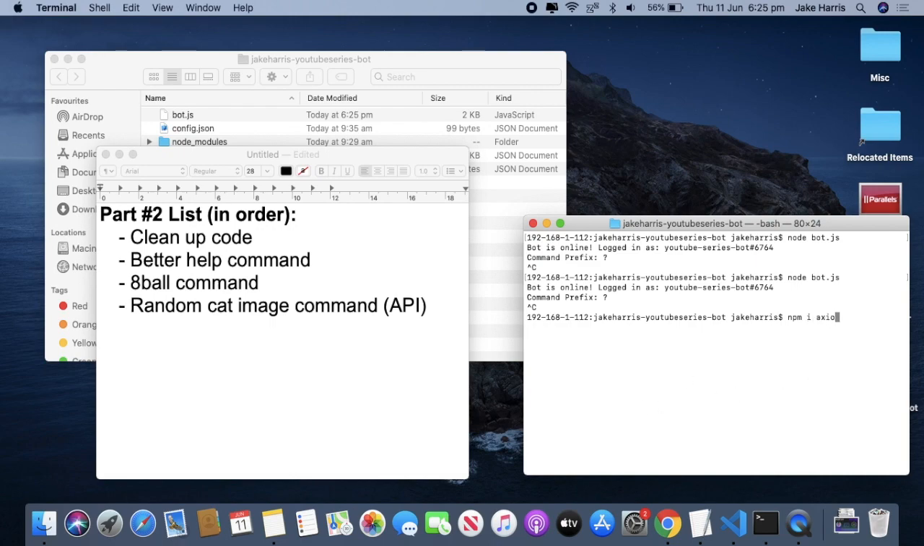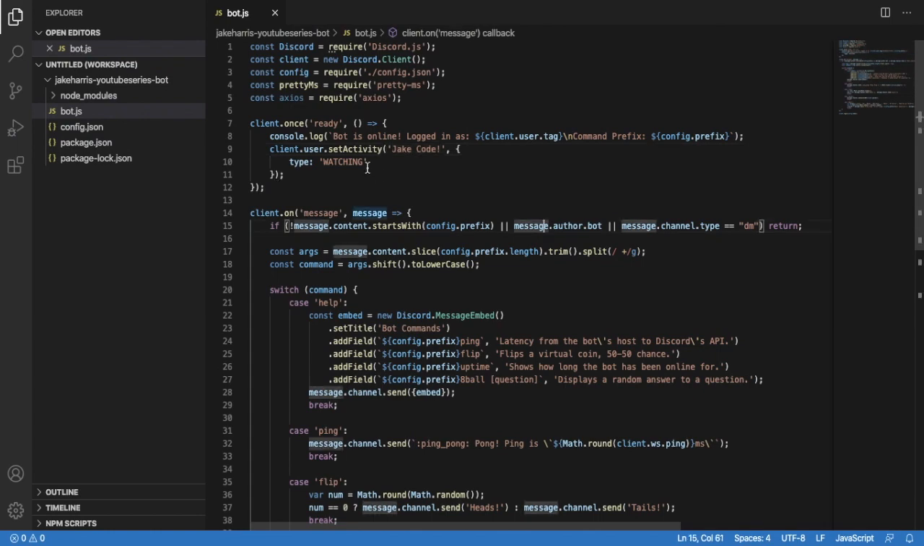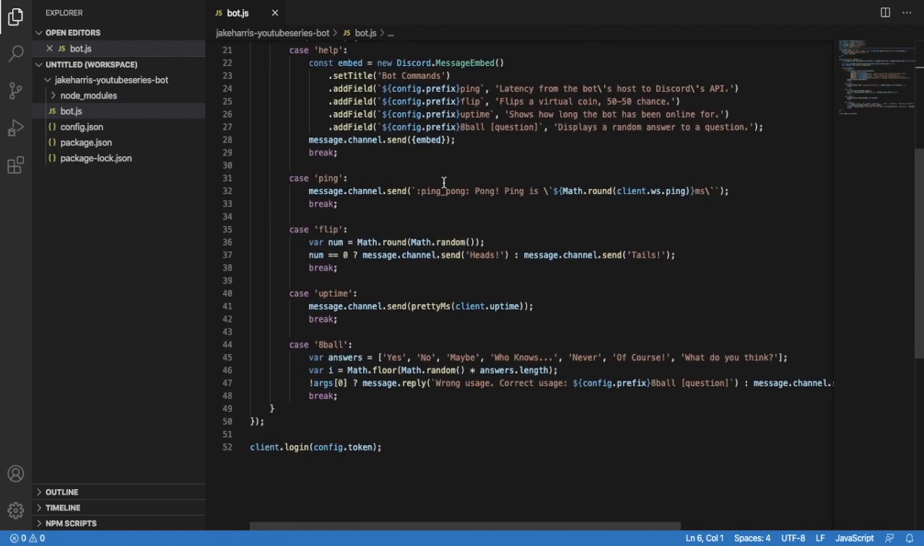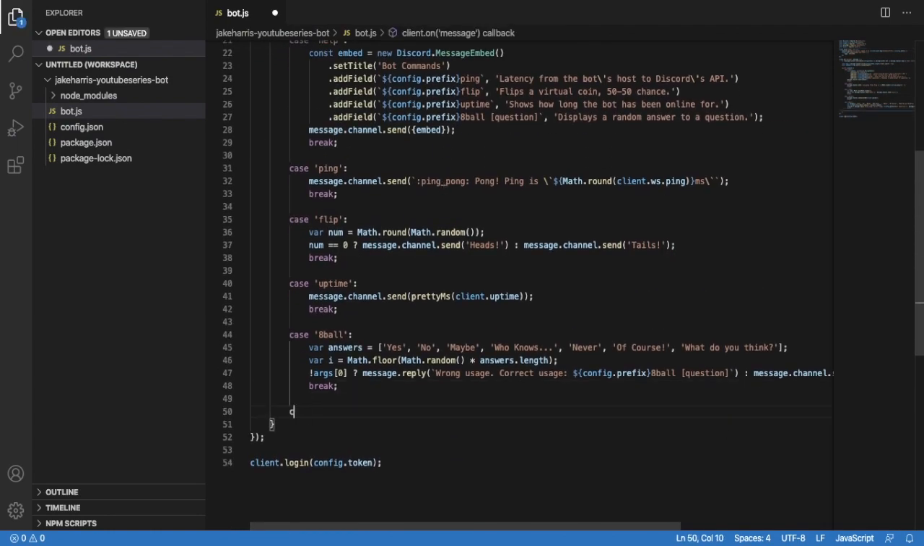But I already have it installed. So now that we've defined Axios, we can make the command. So case cat, and what we're going to do is use Axios that we just imported, and we're going to get the URL. So the URL for the API is as follows: https,